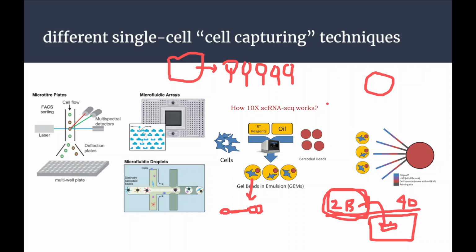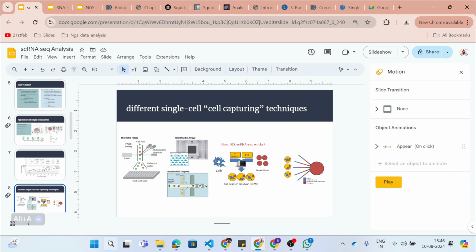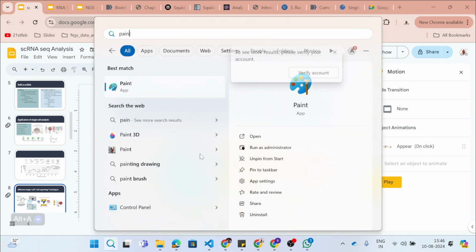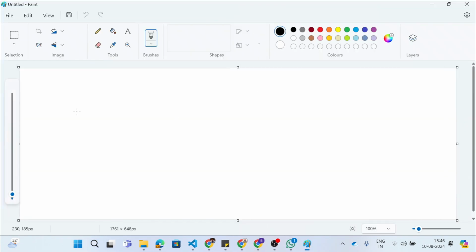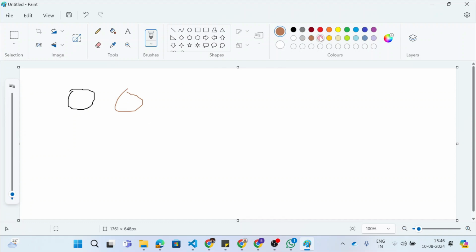So instead of using this one, I can use Paint to explain it in a clearer way. So let's say you have cell 1, cell 2, and cell 3. Okay.